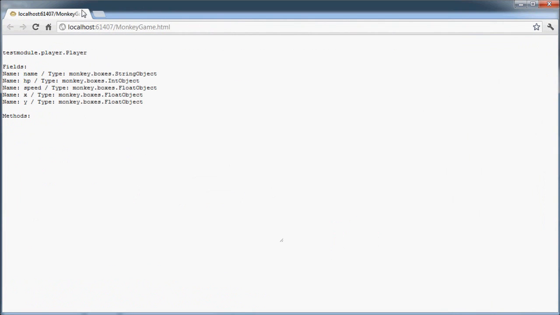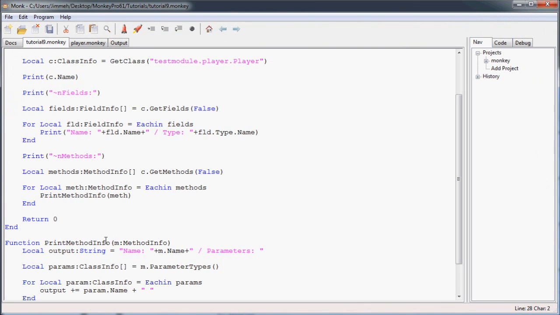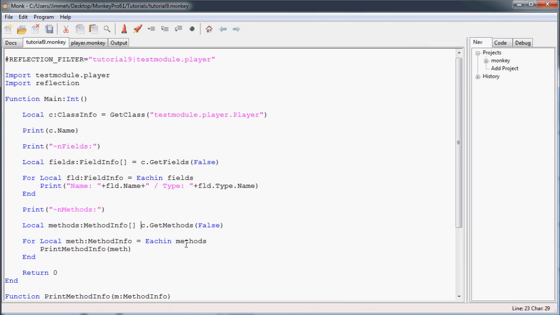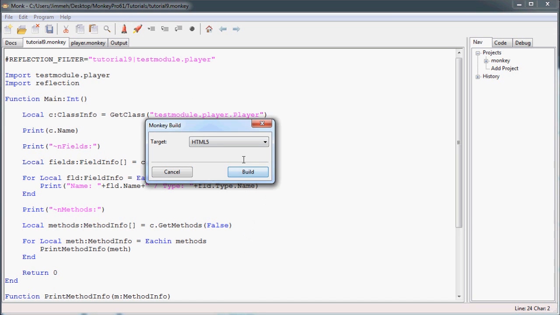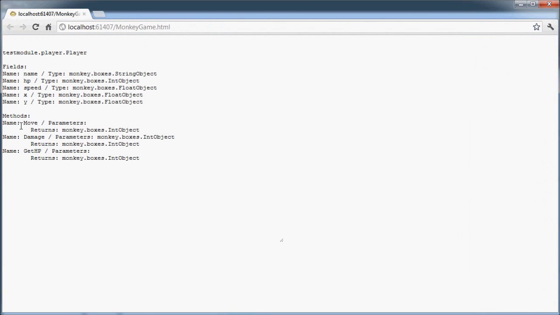Print it off, and it didn't work. What did I do wrong? Okay, I didn't actually assign the methods. Oops. I wonder why that didn't throw an error. I should have thrown an error. That's kind of odd. Anyway, so now that we got the set fixed, we should print them off,